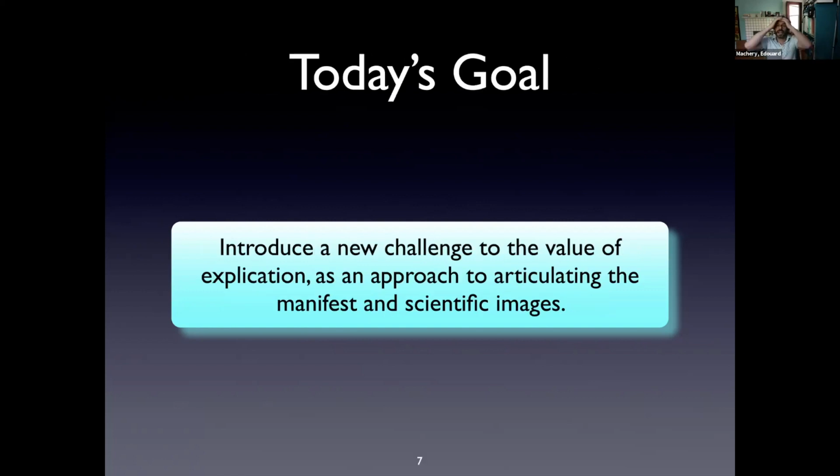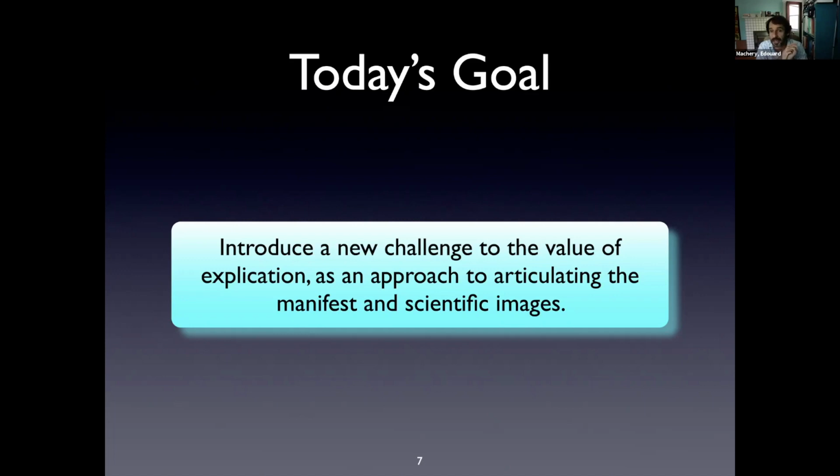So what I want to do today then is focus on this aspect of the articulation of the manifest image and the scientific image, namely explication. And I want to introduce a new challenge to the value of explication. I will argue that for a class of concepts, not for all concepts, but for a particular class of concepts,